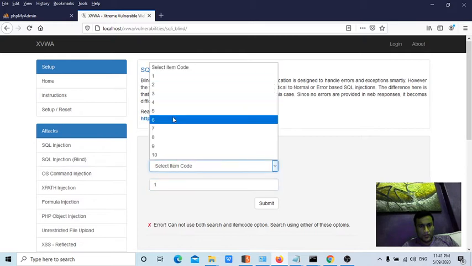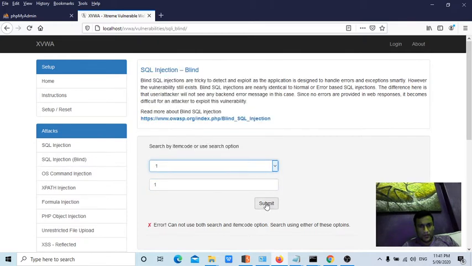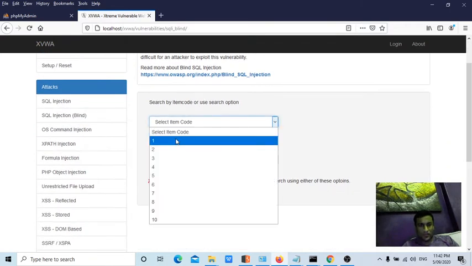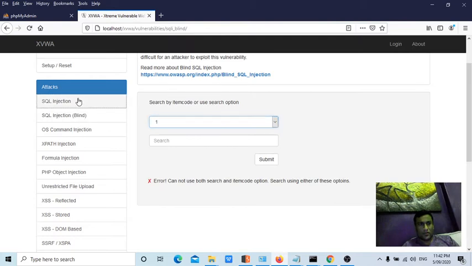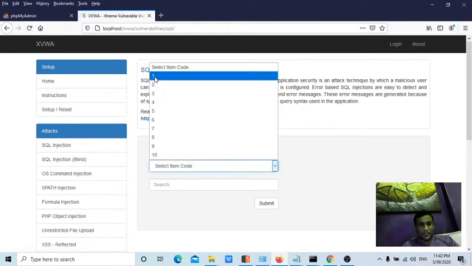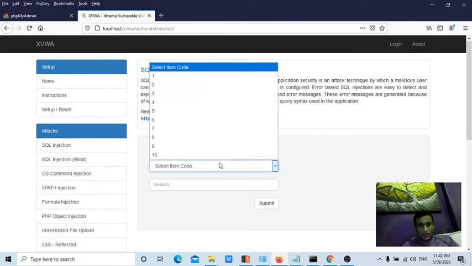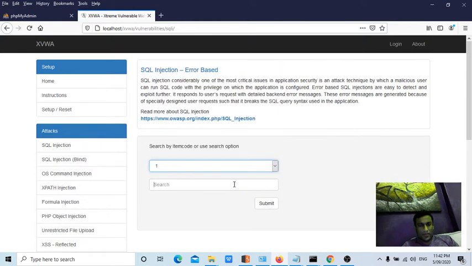What error, can't use both the search options. Okay, now, maybe one second, guys. Maybe I don't remember what I have entered.